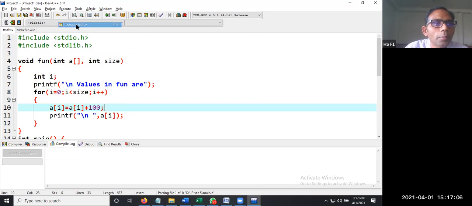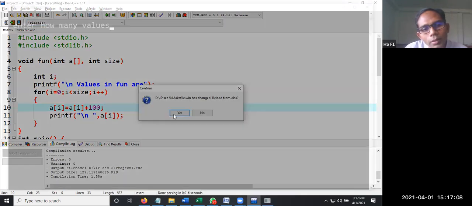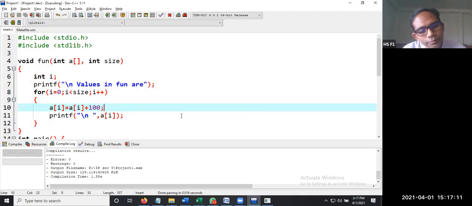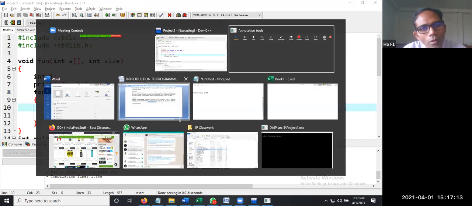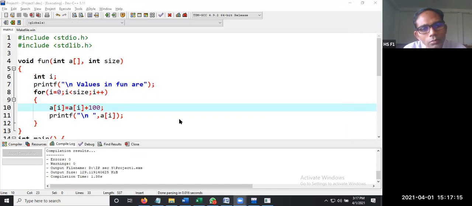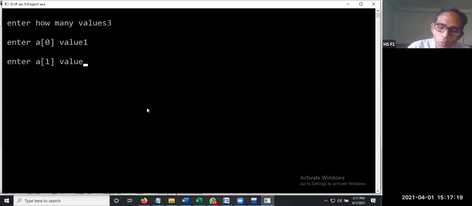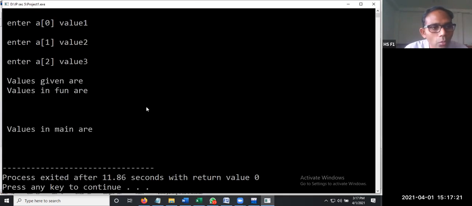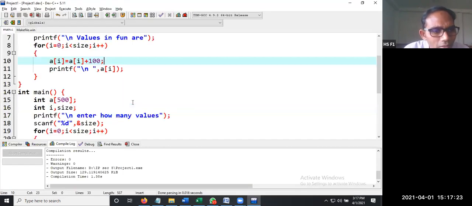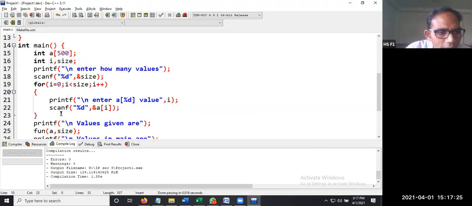Yes, compile and run. Three values 1, 2, and 3. What happened? Values given are, something is wrong somewhere.